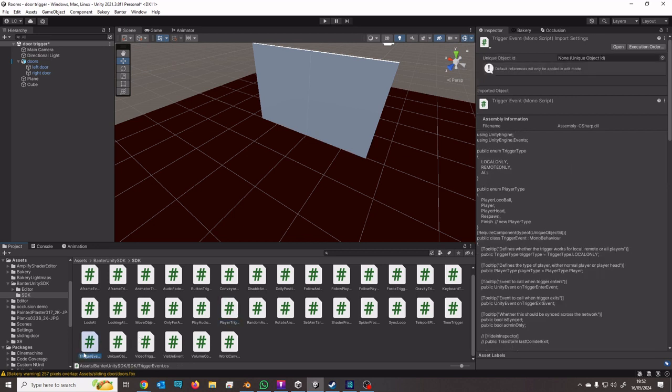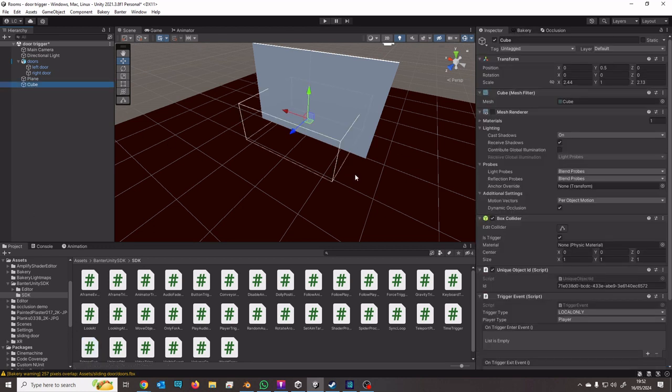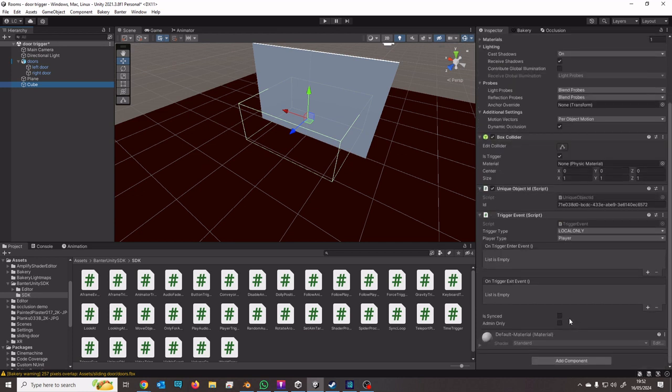Let's try the trigger event first, because I'll see instantly when I see it. Go back to cube. On trigger. You want it to be all player type player. On trigger enter, on trigger exit. So on trigger enter,